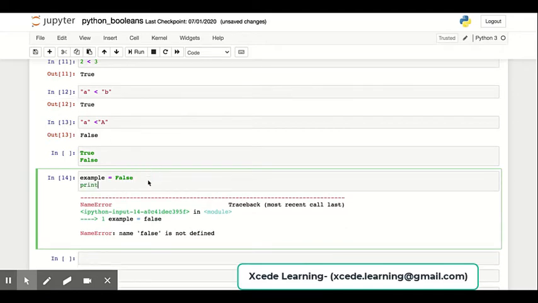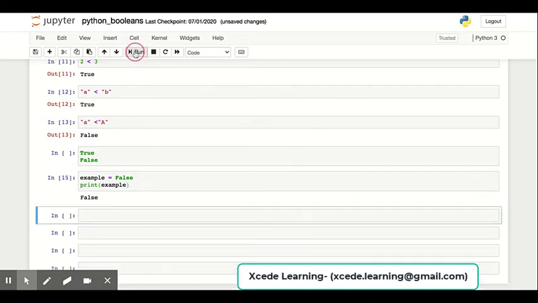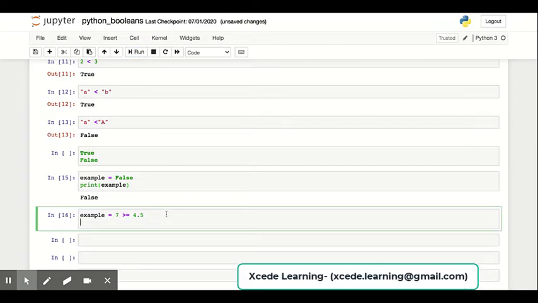So if I print example, it prints false. The second way is to type a Boolean expression. For example, I'll reassign a value to example. So I'll say example gets. Instead of writing true, I'll write a Boolean expression. I'll write 7 is greater than or equal to 4.5. Since 7 is greater than 4.5, this expression evaluates to true, and the example variable now stores true, which if I print it,